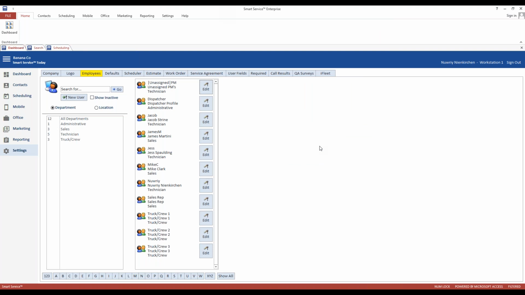The next one is the spell check. Again, this is a pretty big one here. I think we all wanted a spell check in Smart Service, and we finally got it in there, which is great. With that being said, when you download version 110 of Smart Service and it gives you the spell check options,